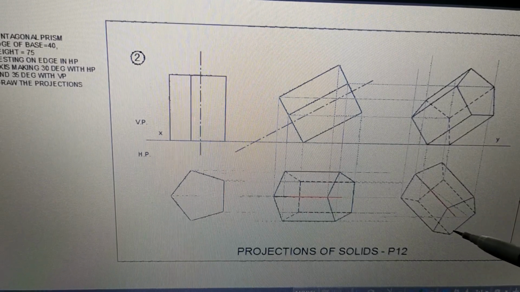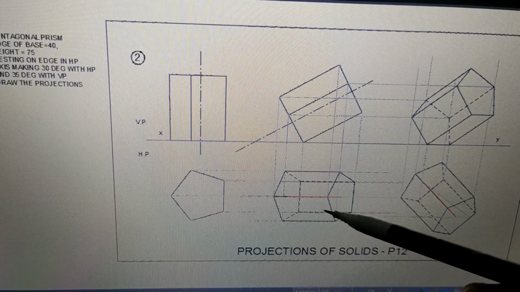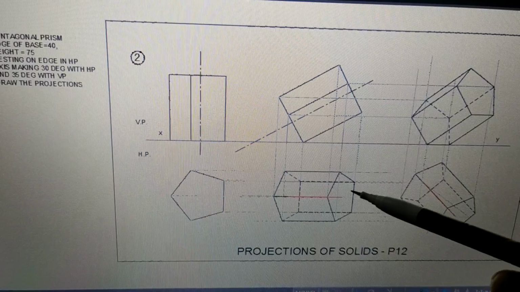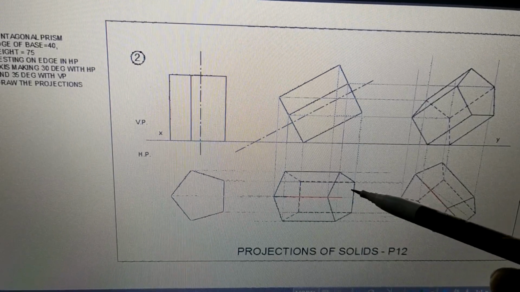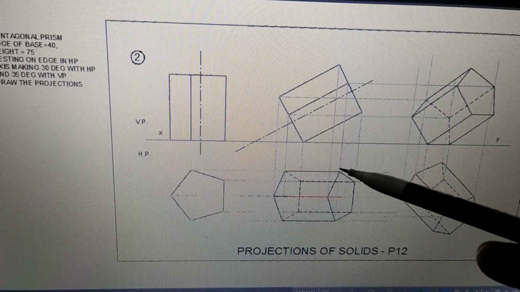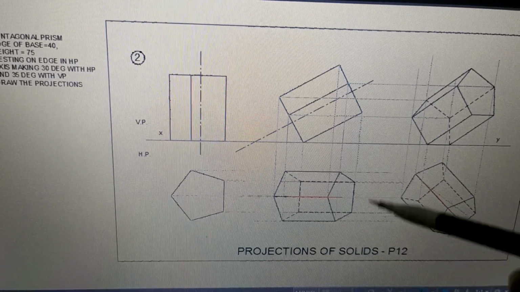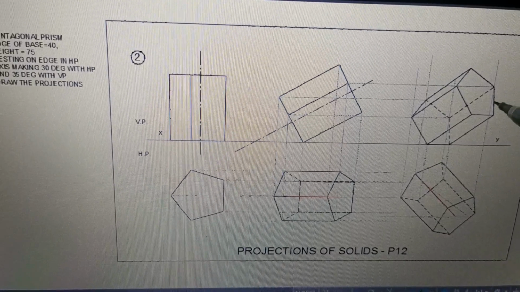Like that, for every point you have to take two references. For this point you take this reference and this reference. For this point you can take this reference and this reference. Draw this line. Once you draw this line, with this line you can draw this point, taking reference from here and so on. So like that you can complete this figure. Now having drawn this figure, next is this figure.